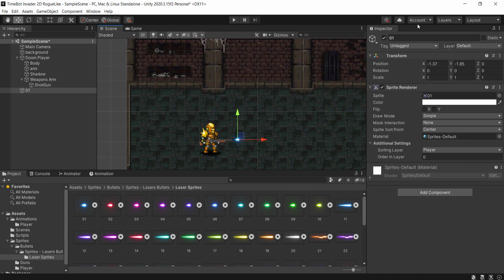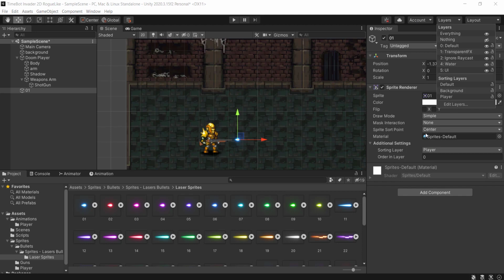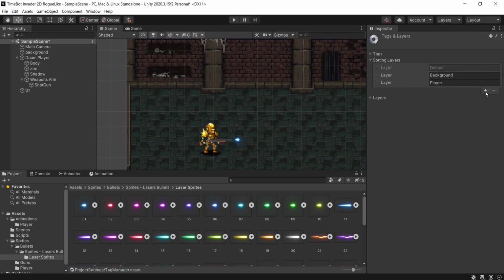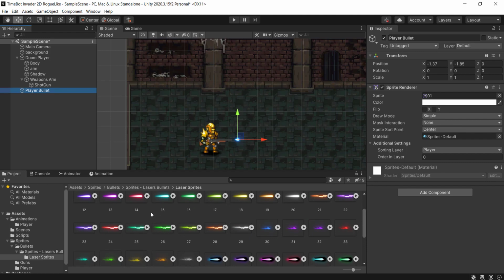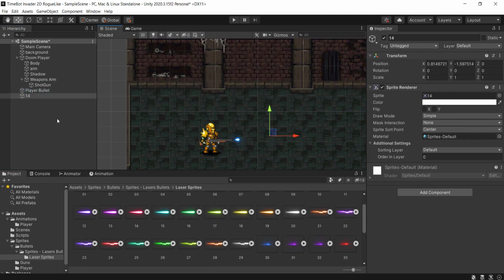So if you want, we can create a sorting layer for the bullets. Let's go ahead and do that. A new sorting layer, we'll call this the bullets, and it should be rendering in front of the player. I'm going to choose this. I'm going to rename it to the player bullet, and I just chose this at random. You can choose any bullet that you want. I think maybe a red one as a shotgun,